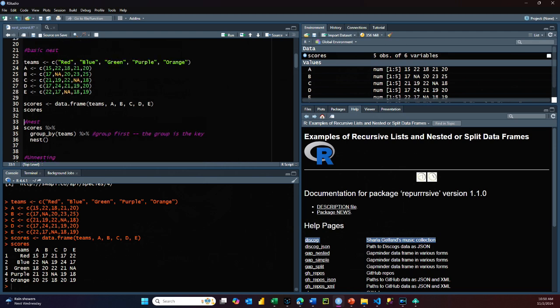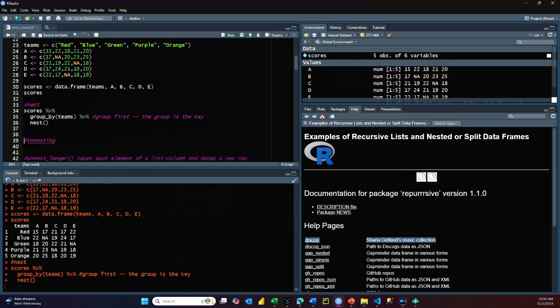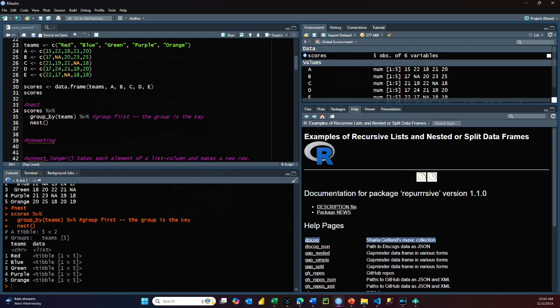If I want to nest something, I need to create a key and then put the attributes or observations under that key for each team. So it's as simple as you do scores and pipe group by teams into that. And now the group is the key, so the key is teams. We want to nest all the score observations under the teams. So let's run that code. And now I have each team with a 1x5 tibble nested called data